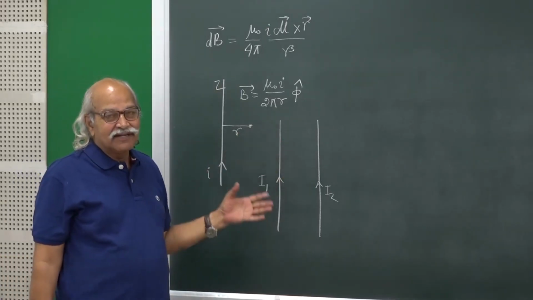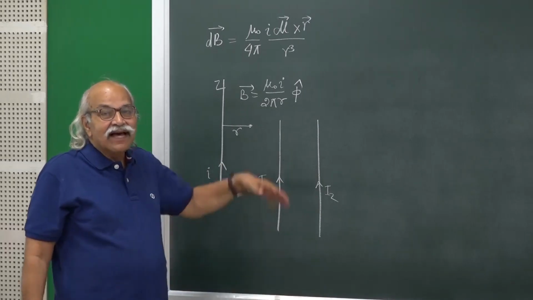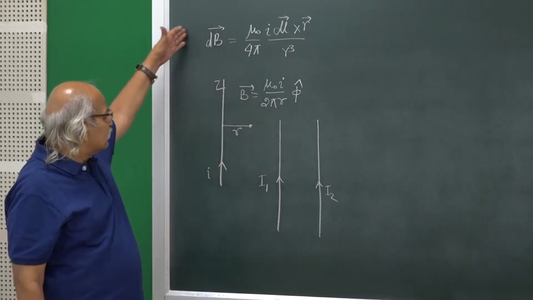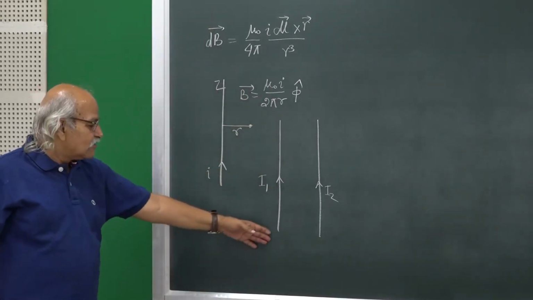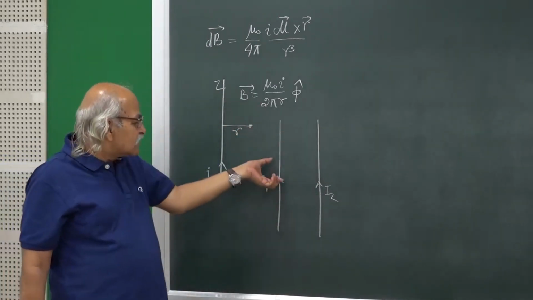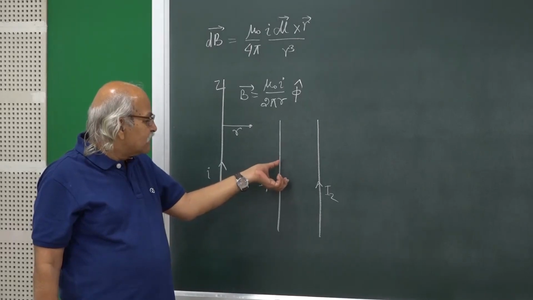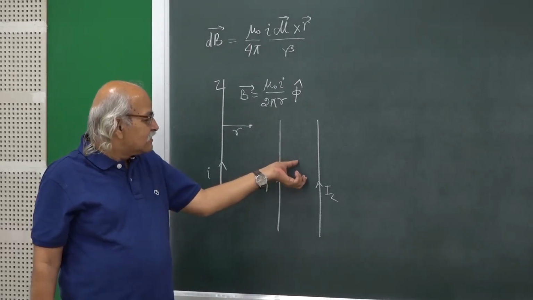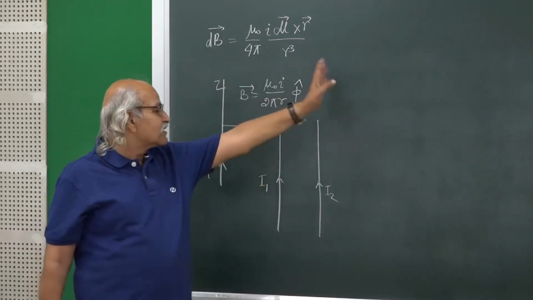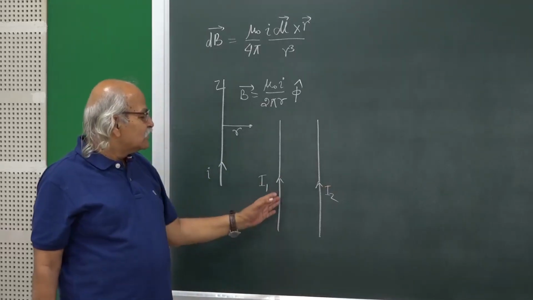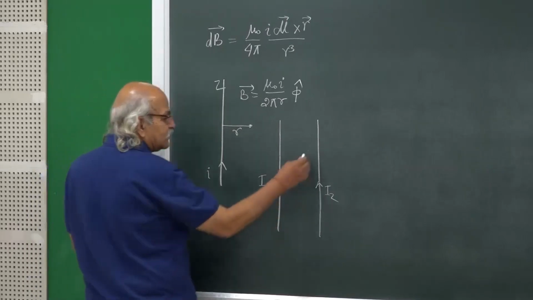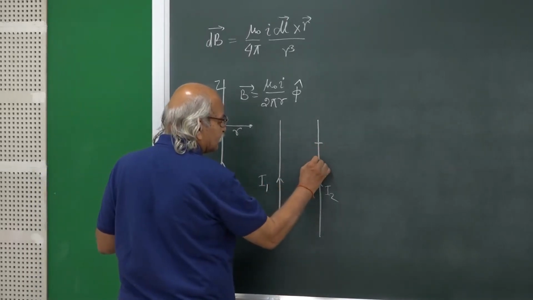You cannot have current in an isolated wire, it has to be a circuit. But then the circuit may be completed through a very large circuit, and from this side also. If you are interested in finding the field here and the force, then possibly those far away parts of the circuit are not contributing much, and then you can use only this part. And if I take any length here of some dl,